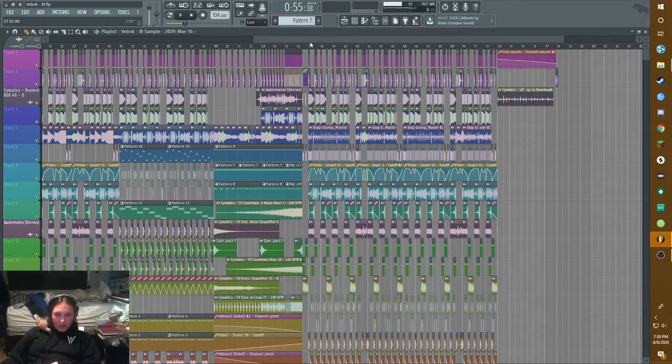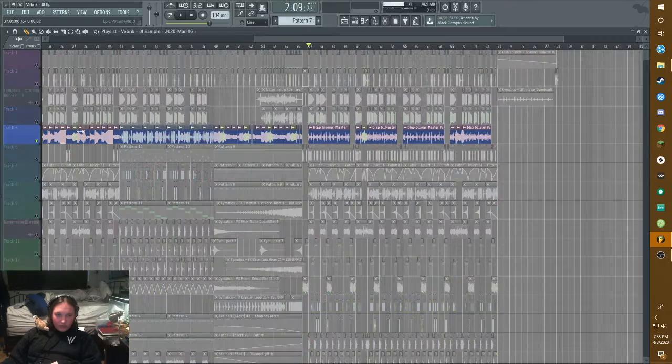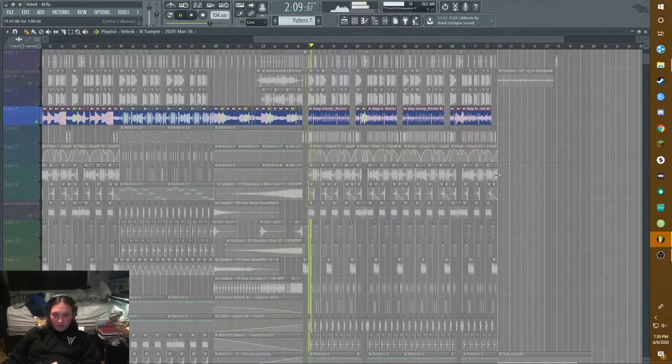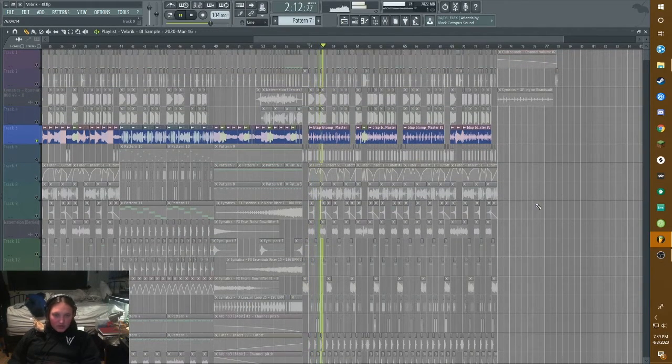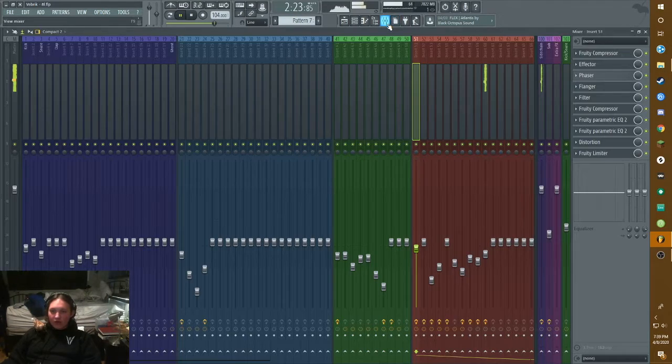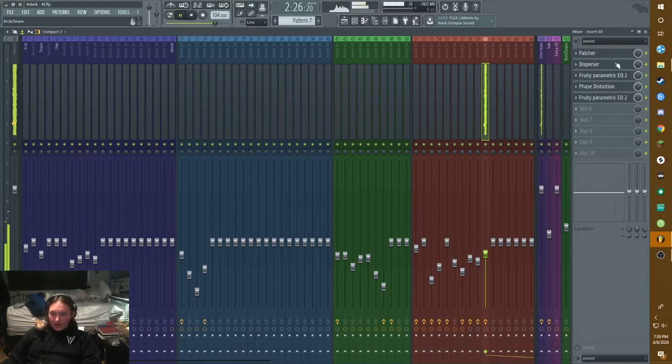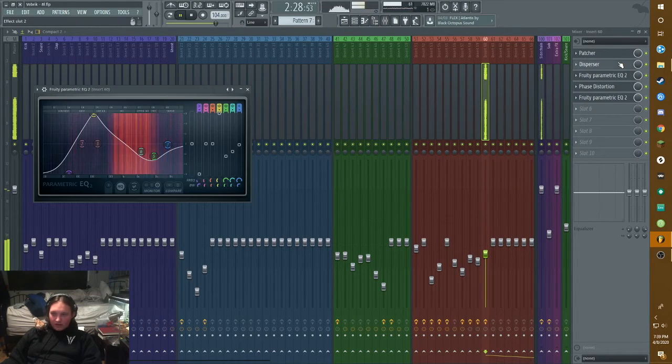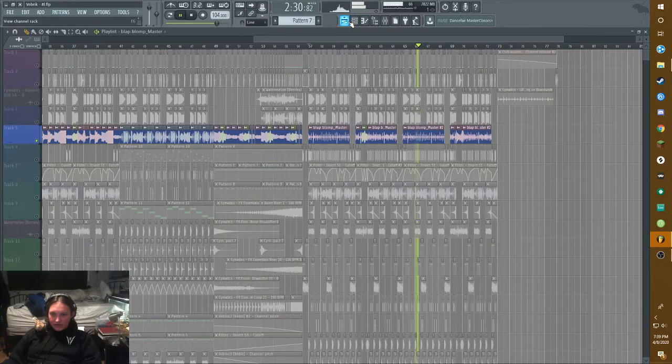Now, in the second drop, I made this little Eliminate-esque bleep blop sound in a different project. It is just heavily resampled, heavily distorted percussion loops with a lot of post effects, as you can obviously hear. I'm pretty sure I ran it through Tavern Drone a few times. On here I've got a Fat Rack, a Disperser, some phase distortion, just to add to some parts later in the drop.